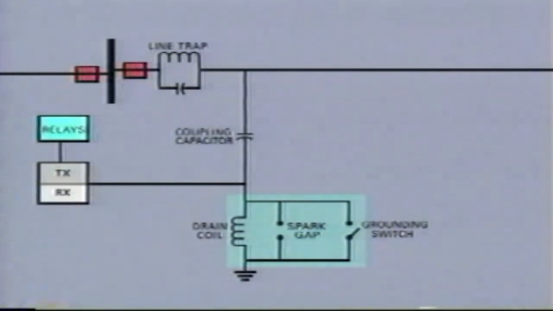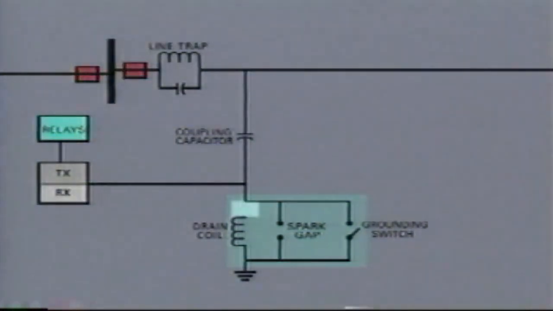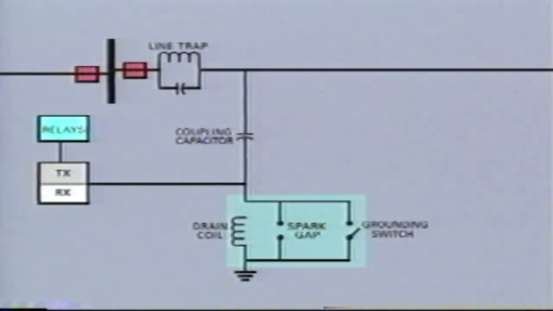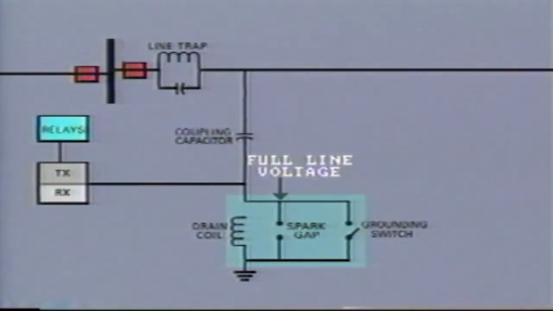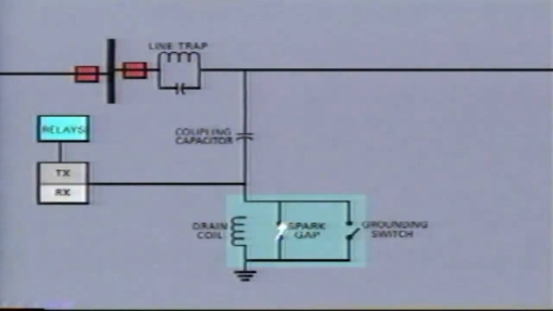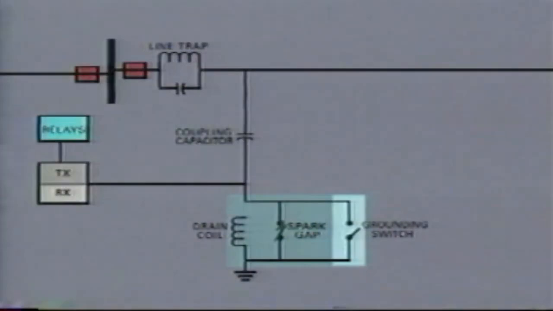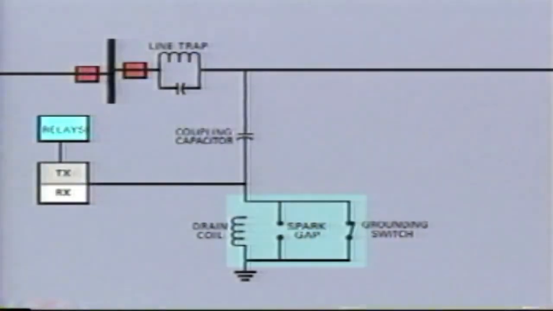If the drain coil were to fail and become open-circuited, it would open the ground on the coupling capacitor. Full line voltage now appears on the protective gap. This fires and an arcing sound is produced indicating an open drain coil. At this point, the maintenance staff will have to hot stick the grounding switch closed and replace the drain coil